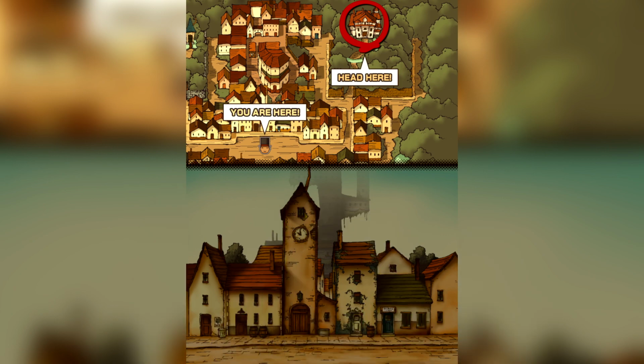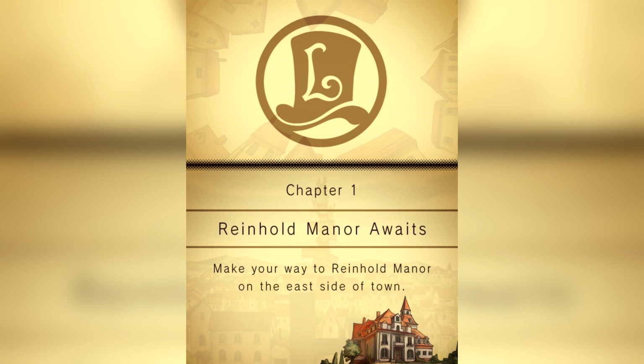Lead the way, Professor! Okay, so we just gotta go to the right and then straight on till morning. Oh, I guess that's the prologue done. Okay, so that is the prologue of Professor Layton,